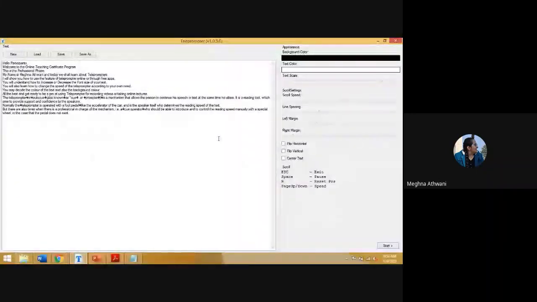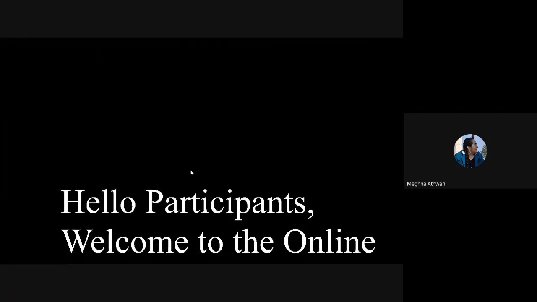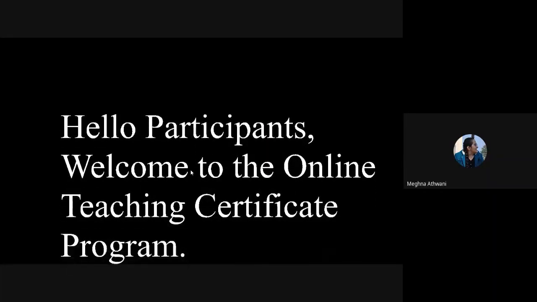You want to go back, just press the escape key. Gone back. See how easy? I don't know whether you noticed or not. I had said it mistakenly earlier, we cannot change the size of the text while playing on Microsoft teleprompter. See again, there is no command to change the size of the text.